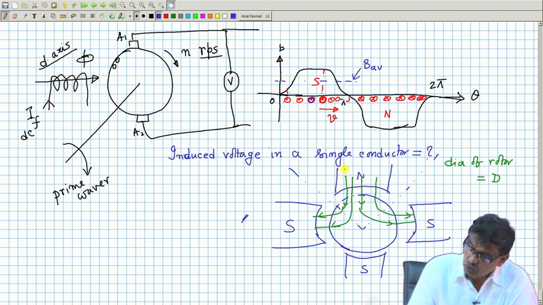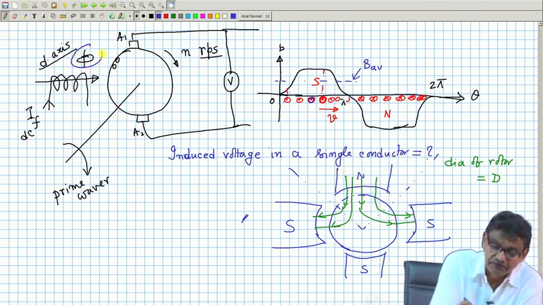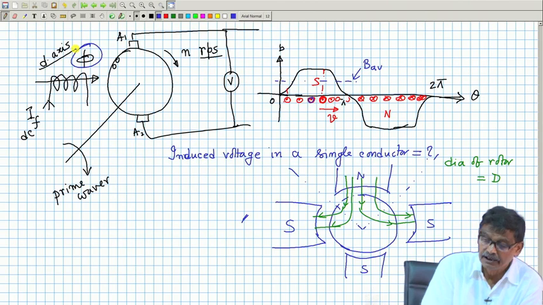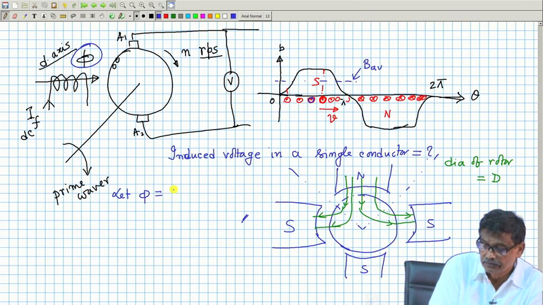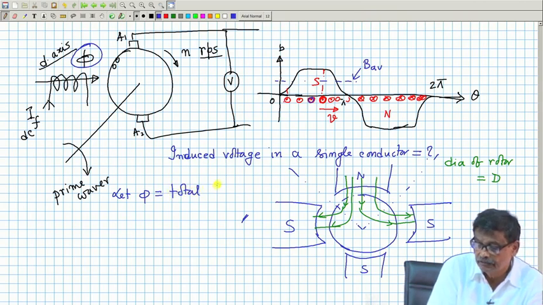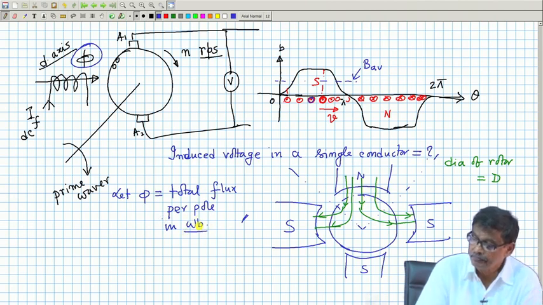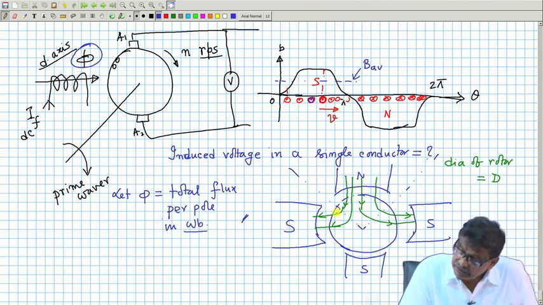So, whatever total flux comes out from the north pole, which I have denoted by phi, phi is equal to total flux per pole, in Weber, suppose. So, this flux,